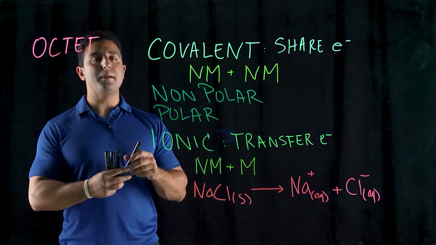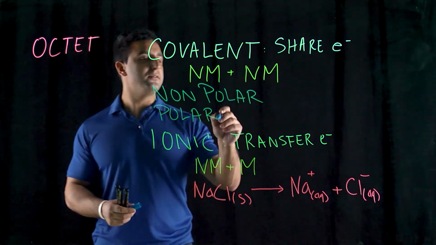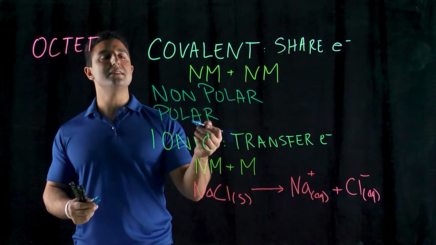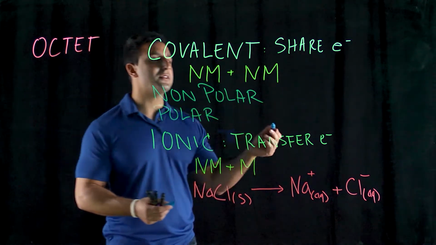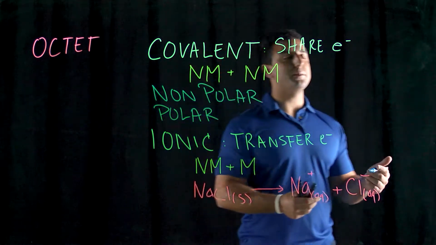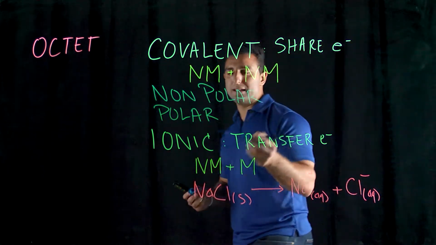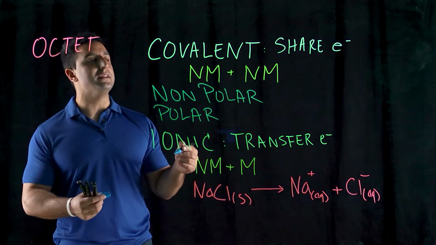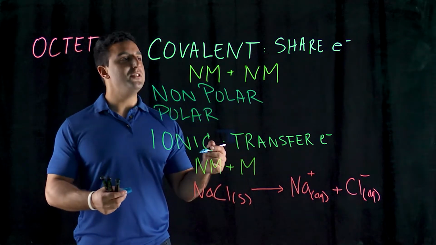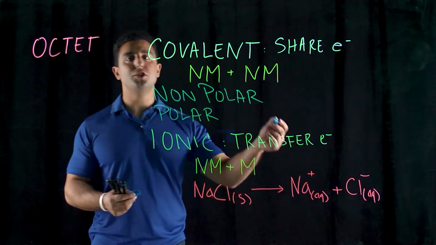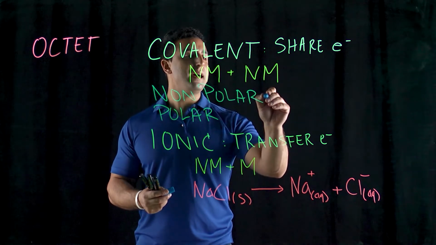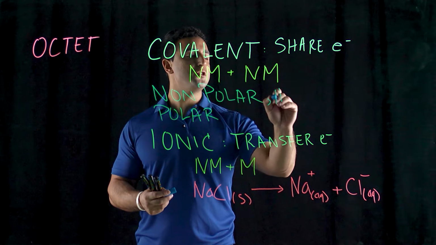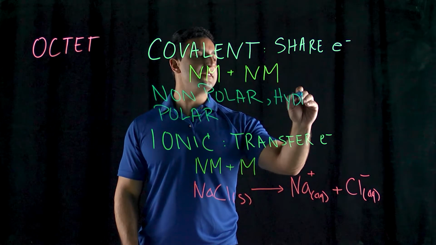So an example of a polar molecule that you've heard about before is water. Water is an example of a polar molecule. Non-polar molecules can be the gases, like for example, oxygen, nitrogen, chlorine gas, right? So these are all some examples of these. Another term that you'll see a lot that I want you to all understand is if you ever see the word nonpolar, another name for that would be hydrophobic. So anything that is hydrophobic